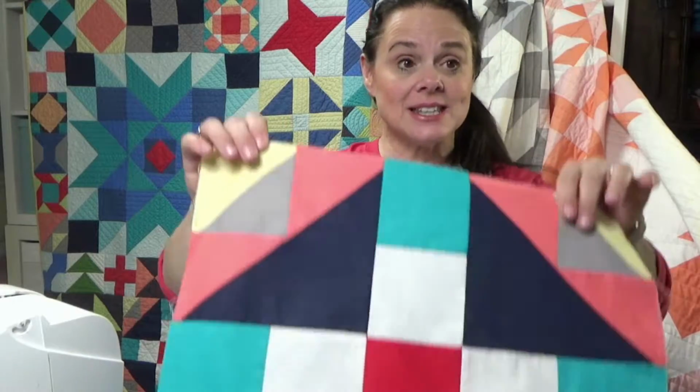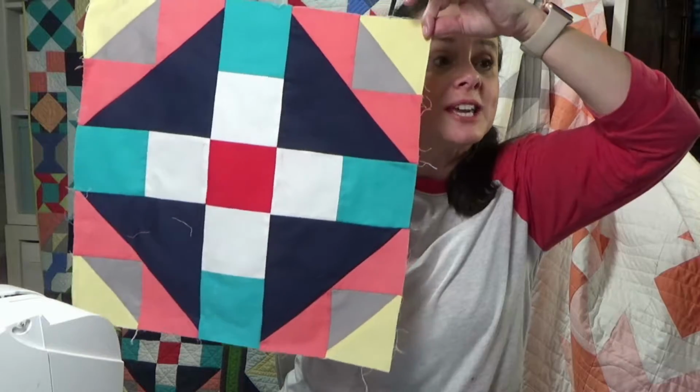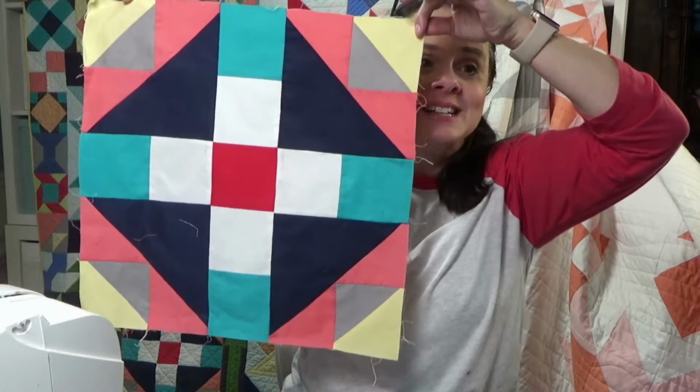So this is the Belong quilt block. This last week we did the Boundaries quilt block, which was a shoo fly quilt block, and but the Belong quilt block, it just is a really,